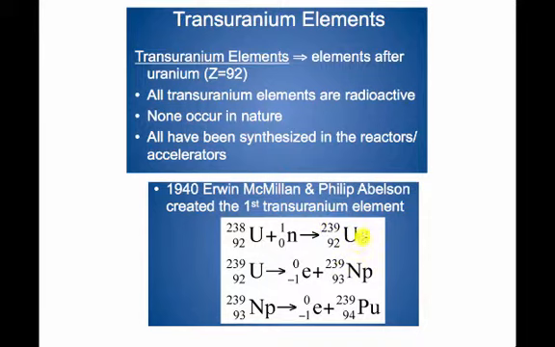Then it created U-239, which was too heavy. I mean, this is already super heavy, and it's already very radioactive. Now this U-239 goes through beta decay, and it increases the protons to 93. So we go from uranium to neptunium. And then neptunium on its own broke down again through another beta emission and created plutonium. And uranium, Uranus, neptunium, Neptune, and then Pluto for plutonium. Which, by the way, Pluto is not a planet anymore. It's a dwarf planet. Anyway,